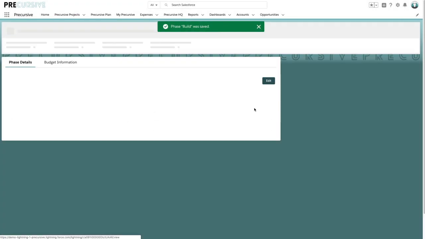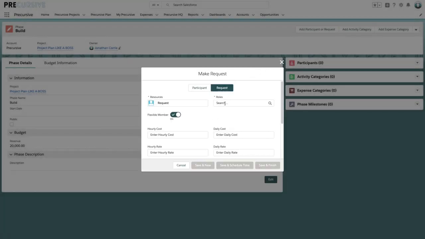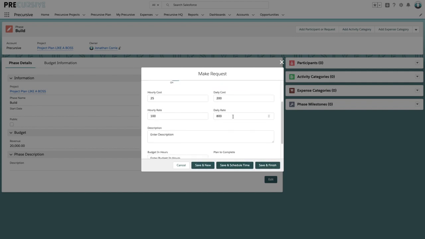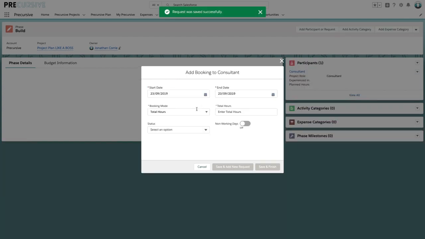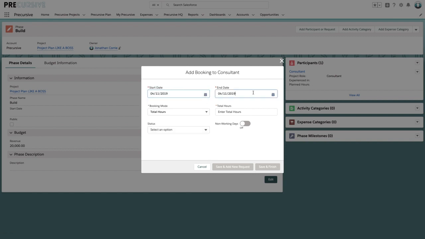So again, in our build phase, we're going to say that we need a consultant now. And again, this is picking up information, be it from a rate card or for that role, and that consultant is going to do some work for a total of 12 days, and it's confirmed.